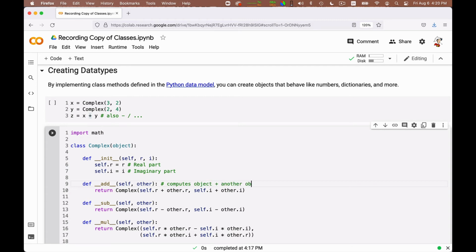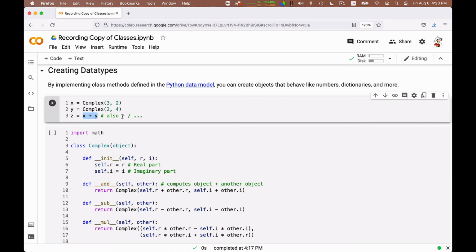Okay. So when you write x plus y, this calls x add of y.